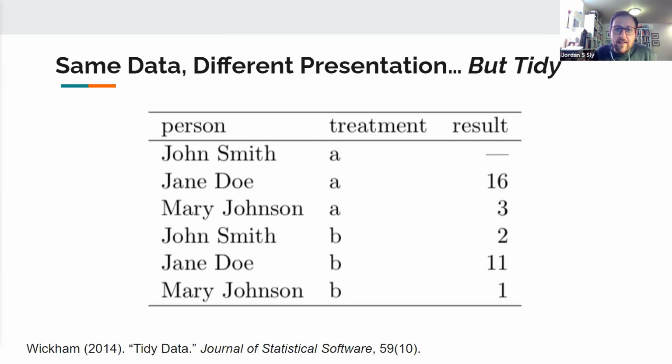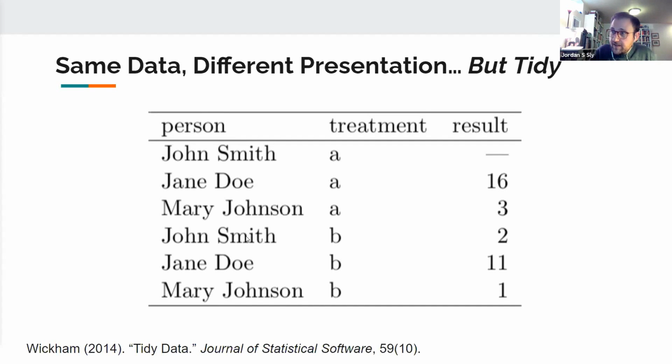In other words, if I'm running an analysis and I'm putting in my observations, in this case, my name against variables, and in this case, the trial and result, I have a clean left to right reading of each observation and variable straight across, right? John Smith, treatment A, result X. Jane Doe, treatment A, result Y. Mary Johnson, treatment A, blah, blah, blah.